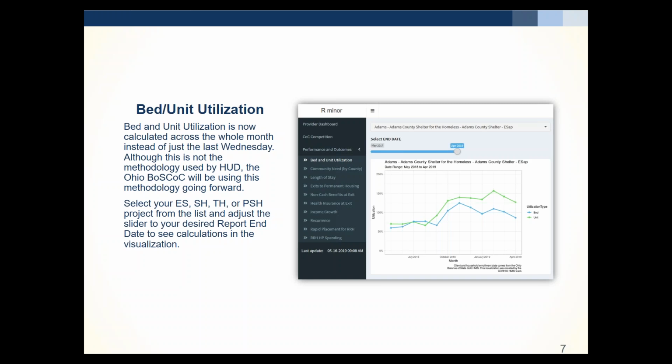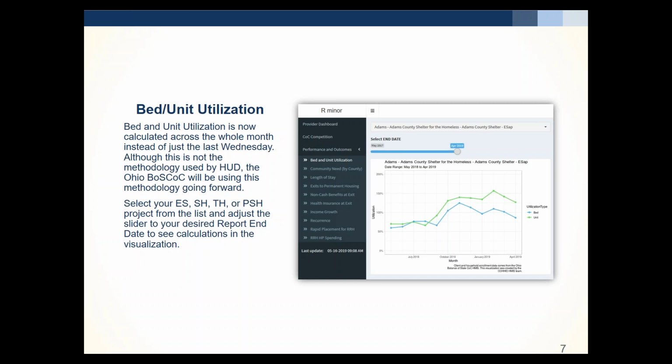So you have a household that leaves prior to the last Wednesday of the month, and you're turning over the unit, but you haven't got a new household in there yet. Now it looks like your bed utilization is really low because you measured on the last Wednesday of the month, right between when you had somebody in there. So in rewriting this report, I discussed with Erica, the COC director, whether we should start